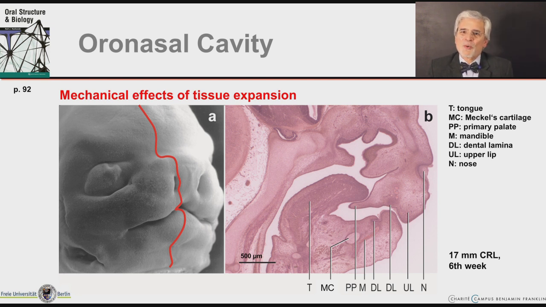Let us go through the details. I have labeled T, that's where the tongue is. MC is Meckel's cartilage, M is the mandible, PP is the so-called primary palate. We will see what that is in a moment when we talk about the palate. And just behind the lips, the dental lamina are recognizable, labeled as DL, in the upper and the lower jaw, and the upper lip is recognizable as UL, and the reference line at